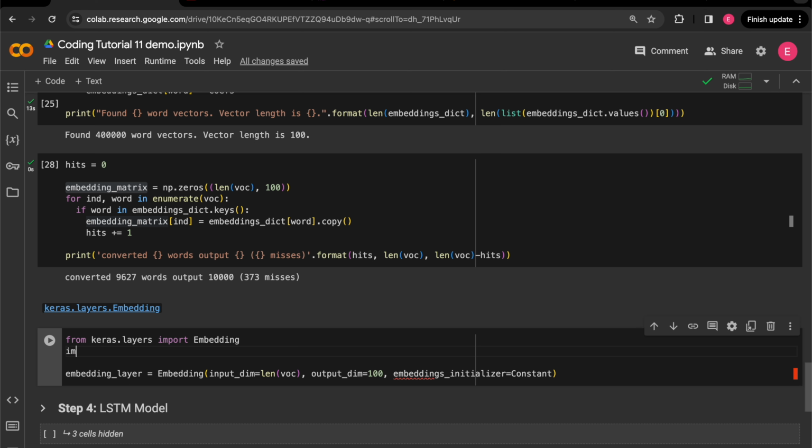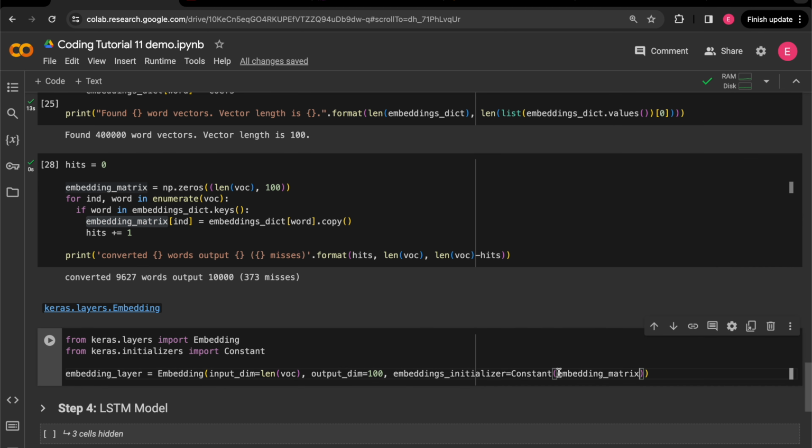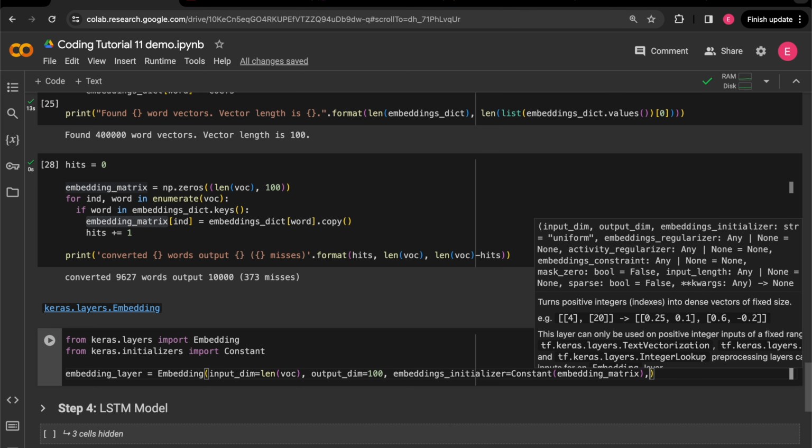We can import this from Keras initializers. We can import constant, and we will just throw our matrix into the initializer, and